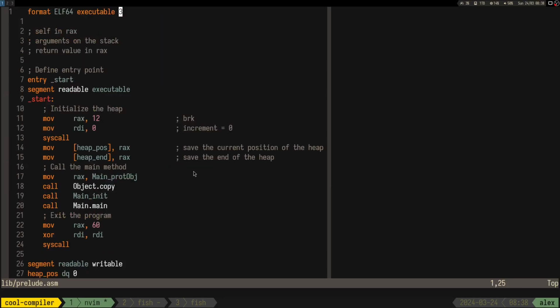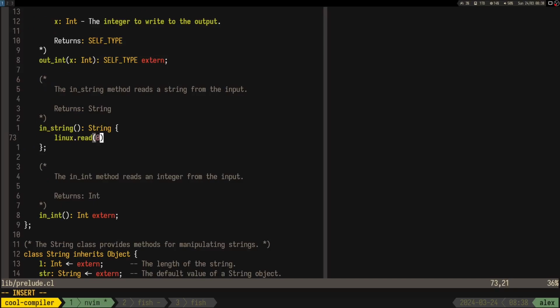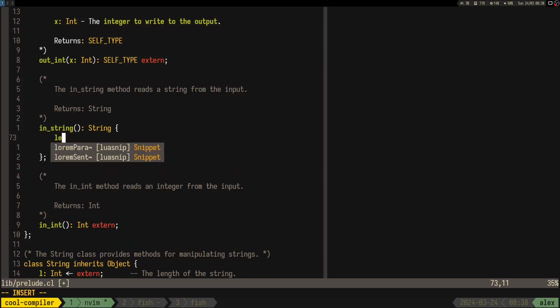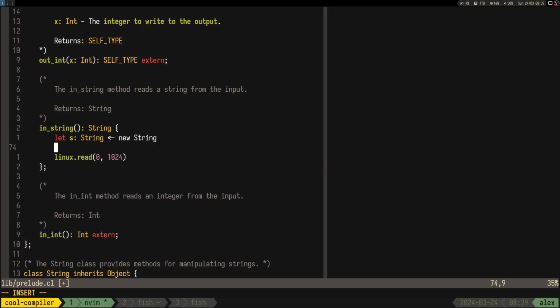So read length is 124. So let's say we read 124, but we have to repeat this step multiple times. So let's say let s is gonna be a new string, right? And we are gonna do in